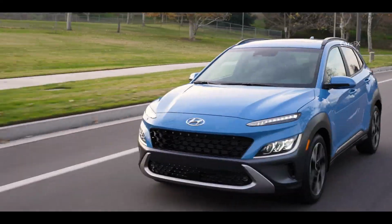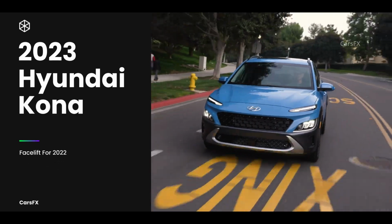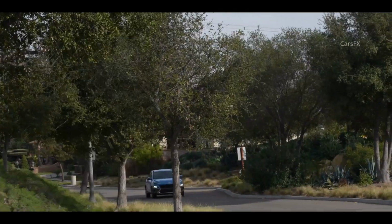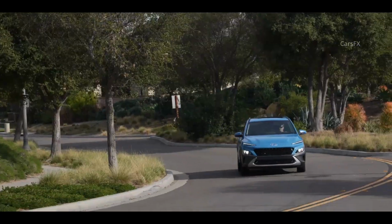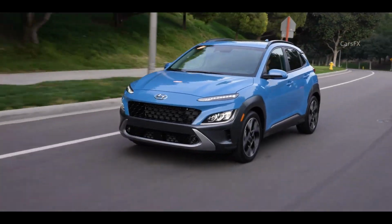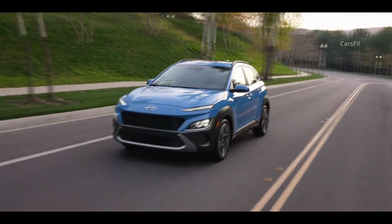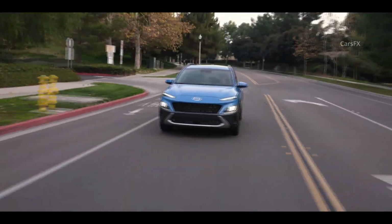Whether you call it a low-riding SUV or a tall hatchback, the 2023 Hyundai Kona is a practical and fun-to-drive vehicle, which makes it one of the best in the segment. With its distinctive exterior design, spacious and well-appointed cabin, and a range of advanced safety and technology features, the Kona is a compelling option for anyone in the market for a small SUV, whether you are running errands or out